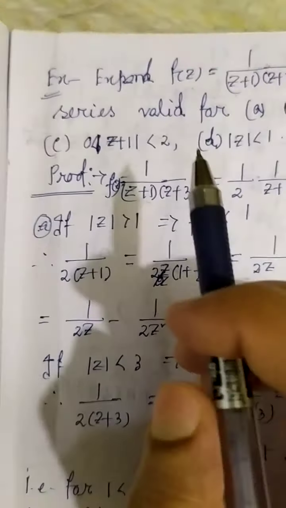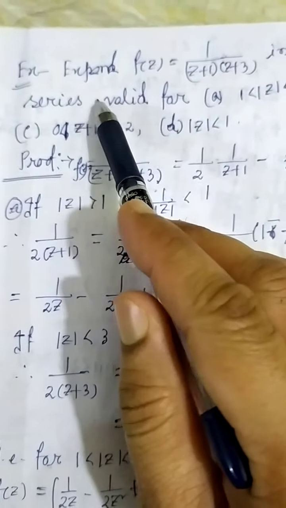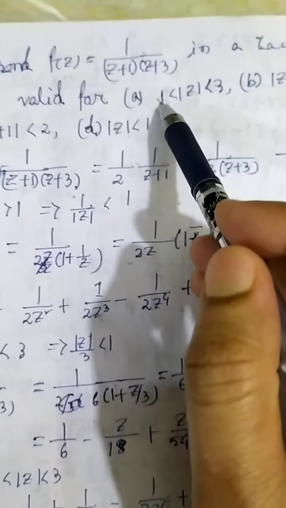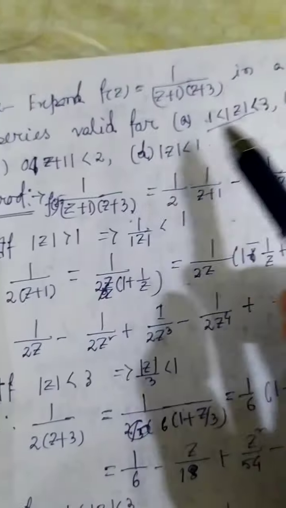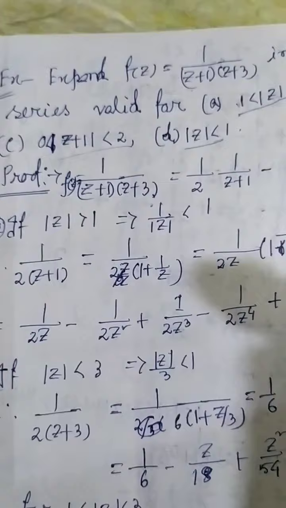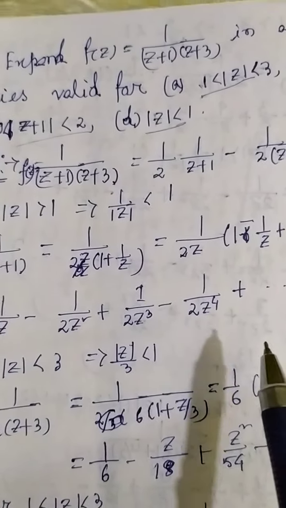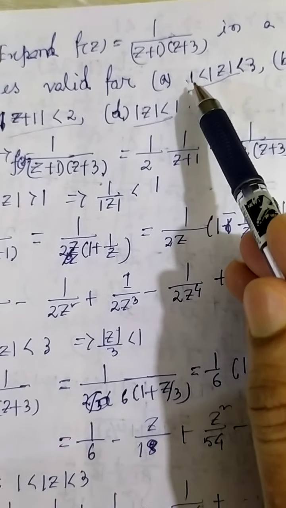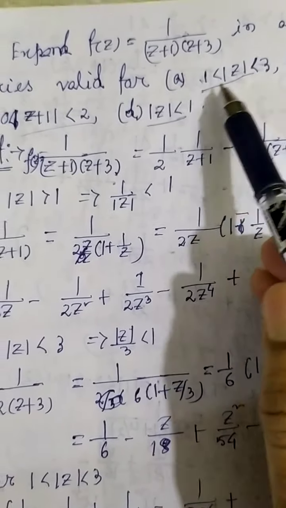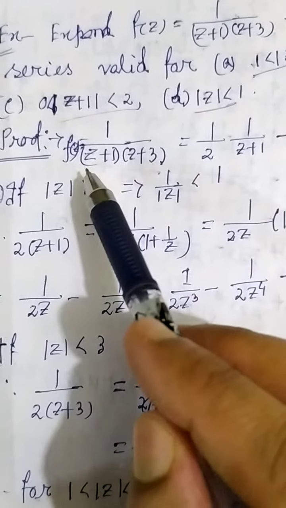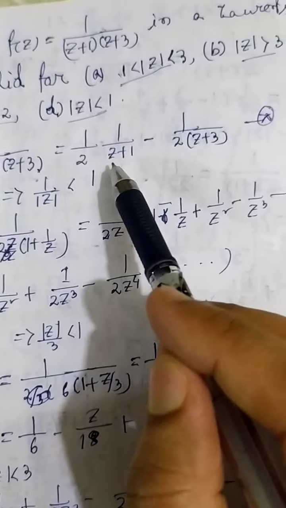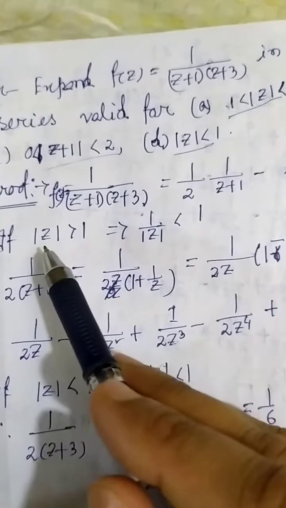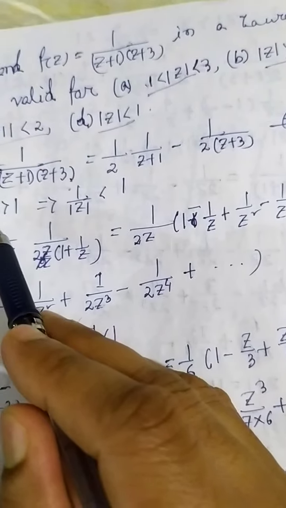Okay, so next one is, you have to expand this expression by using Laurent series, valid for this and this. So we have this term, mod of z in between 1 and 3. Why we need this, you can see. After partial fractions we have this part. But it is given that mod of z is greater than 1 here. So therefore